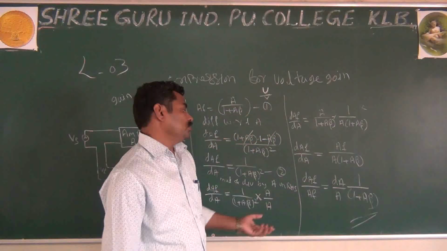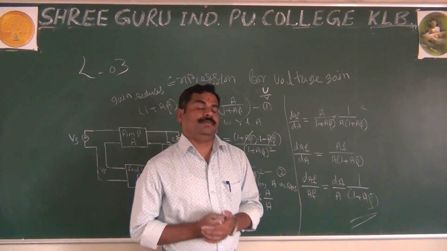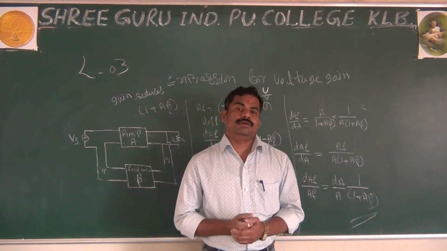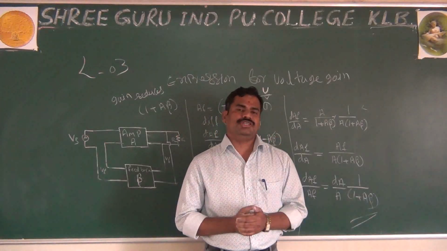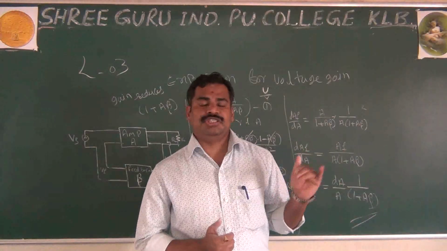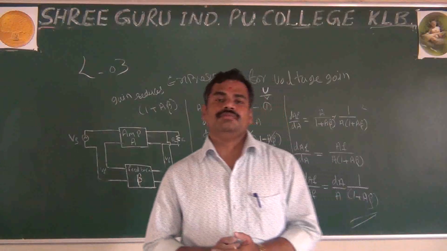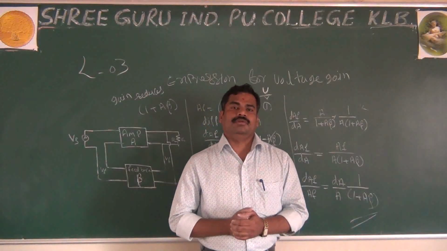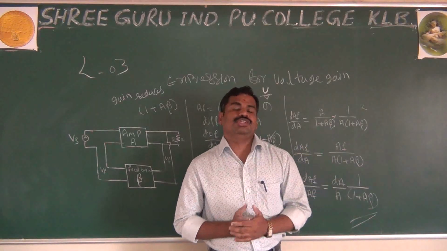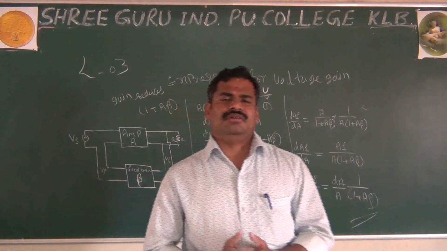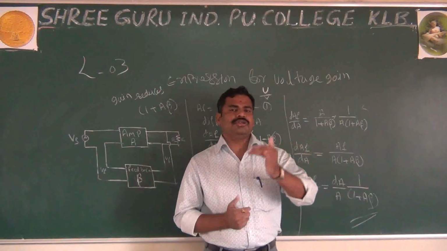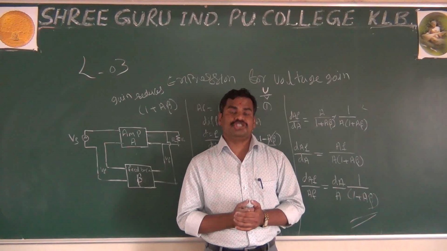And here also, as I said, the gain with feedback and gain without feedback. If you use the feedback in an amplifier, we will get very small variation in the gain. It means, overall, what I am saying here is, if you use negative feedback in amplifiers, what happens? There will be very small variation in the gain. That gain we can consider as stable. If you are having very small variation, it is not considered. In general, you say the gain is stable.